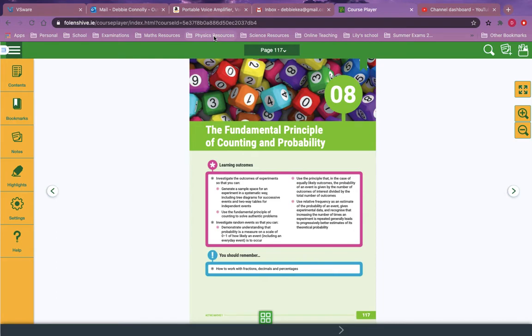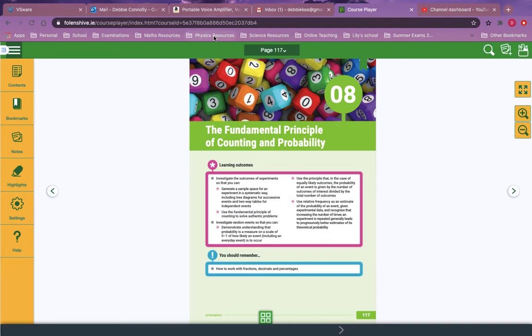So we are going to start off in your maths book with chapter 8. Chapter 8 is called The Fundamental Principle of Counting and Probability. It sounds really complicated, but actually the maths in this is quite nice. It's nice and straightforward. It's things that you can relate to, like flipping a coin or rolling a dice or